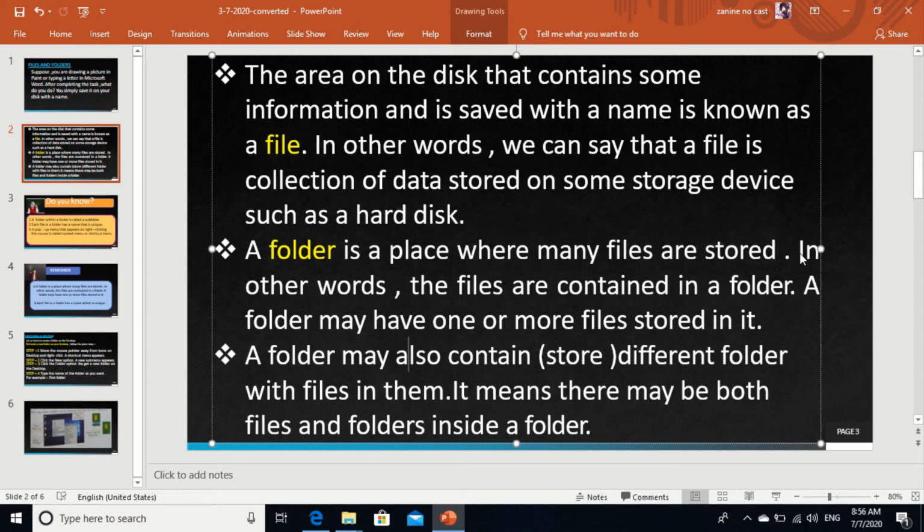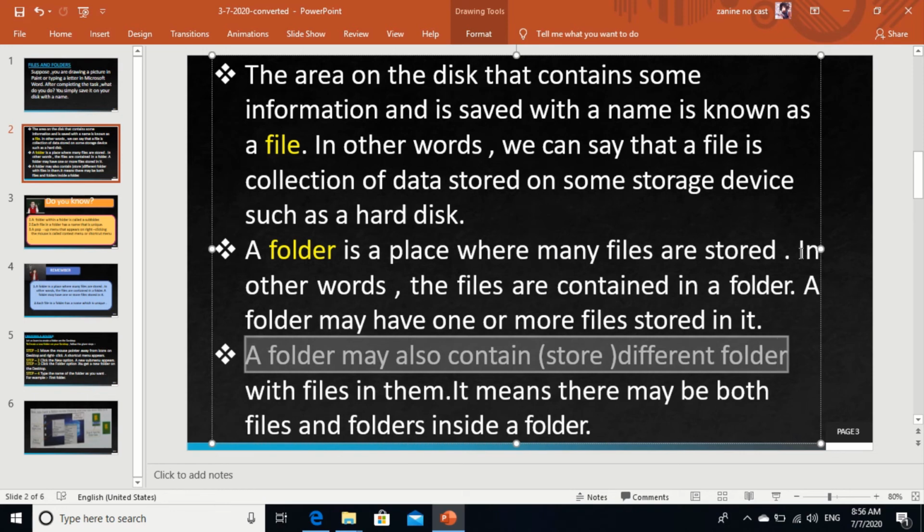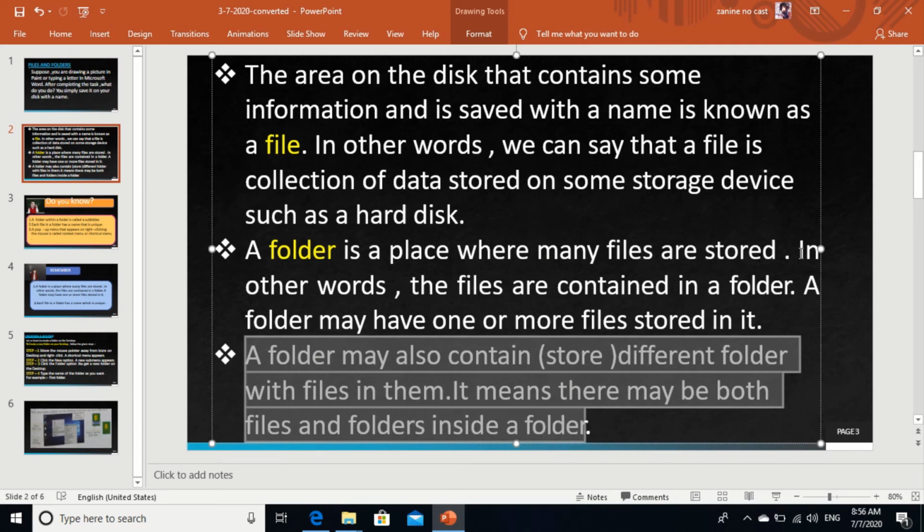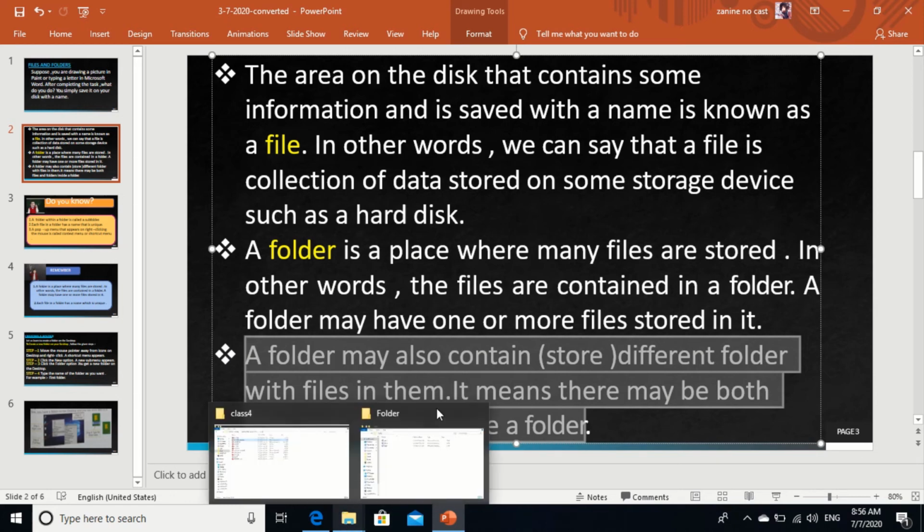Third point. A folder may also contain different folders with files in them. It means there may be both files and folders inside a folder. Inside a folder we can have a file and we can also have some folder. Understood? So if I open my example folder again,